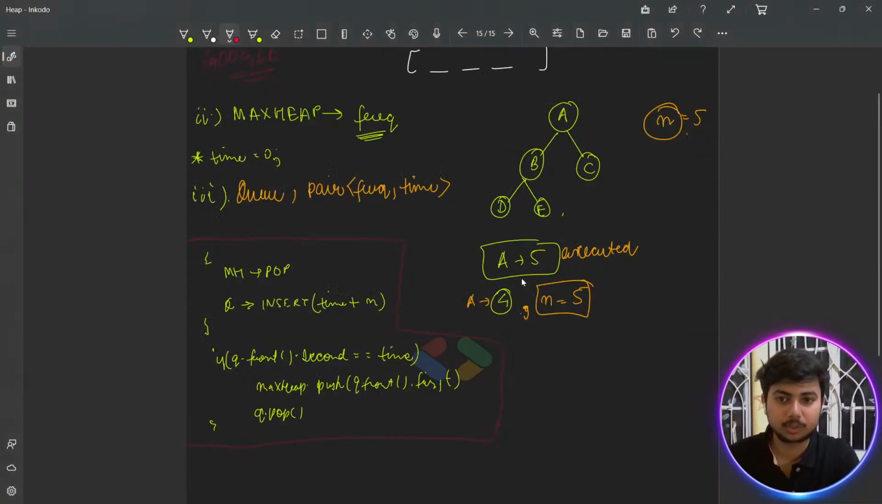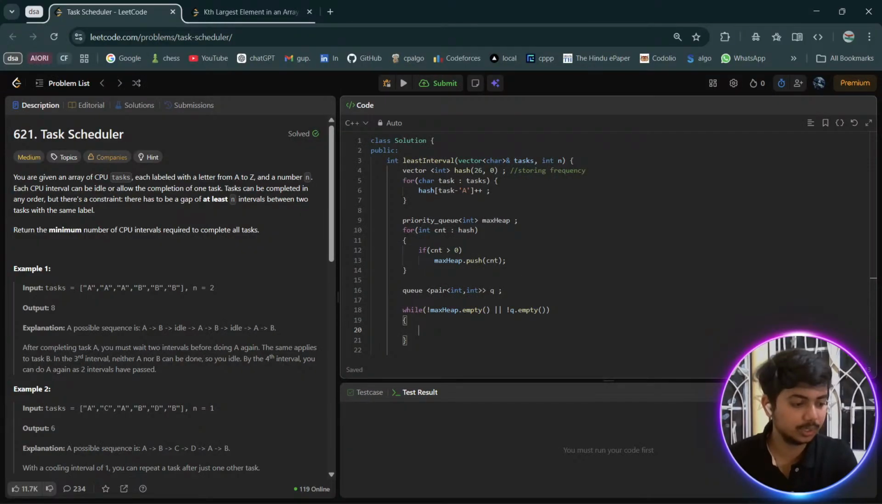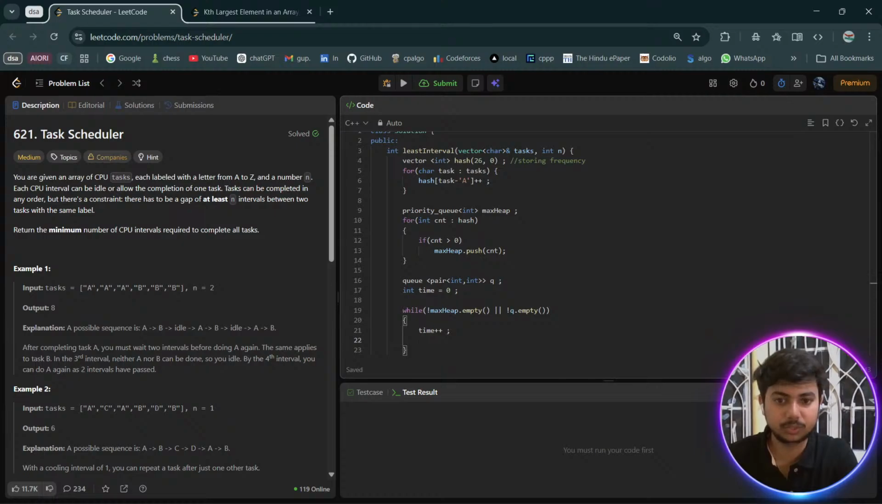और क्या होगा, we will be popping from max heap. ठीक है, सबसे पहले तो एक टाइम इनिशियलाइज करना है, राइट? इसके अकॉर्डिंग पे काम होगा। सो टाइम, एवरी टाइम वी एंटर द लूप वी आर इंक्रीमेंटिंग टाइम। इन मैक्स हीप अगर एम्प्टी ना हो, इफ